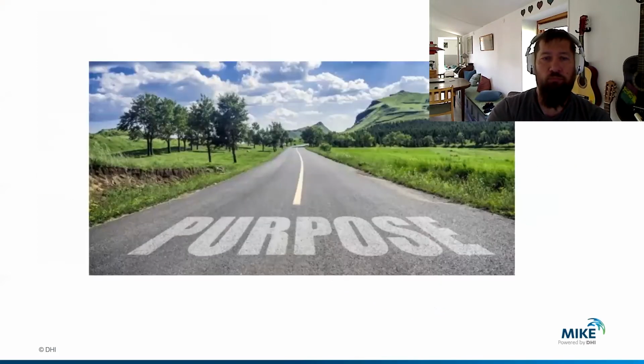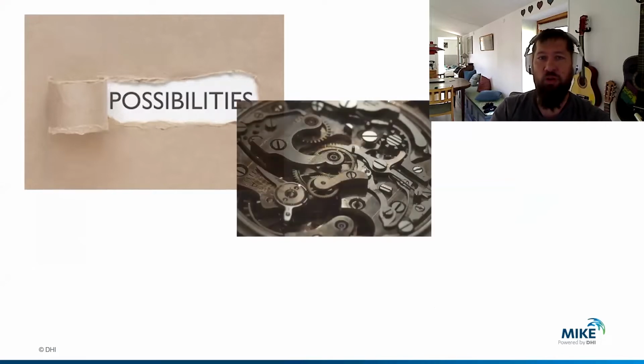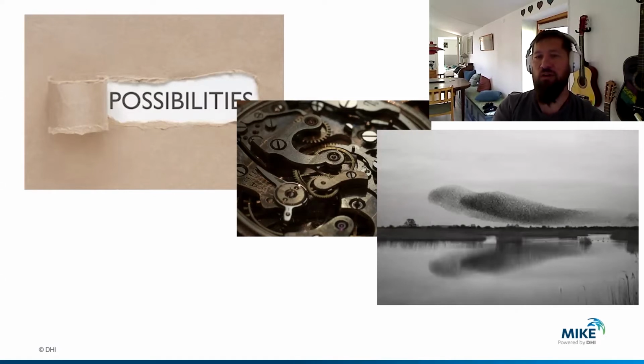And so, the purpose. What is the purpose of the presentation? Well, it's basically to demonstrate some of the possibilities that agent-based models can be used for. We're going to look a little bit into the functioning of an agent-based model, how it is constructed, and then we're going to look a little bit at how to view and interpret agent-based model output, but we're just going to touch shortly on that.